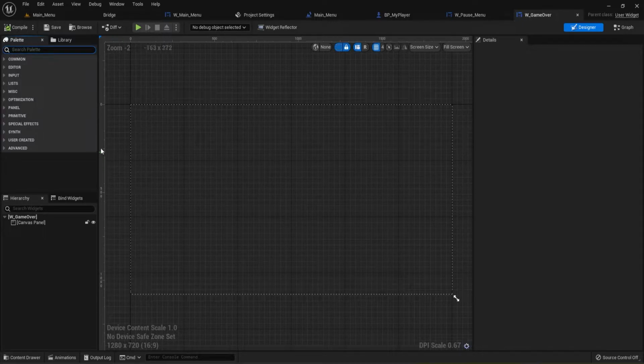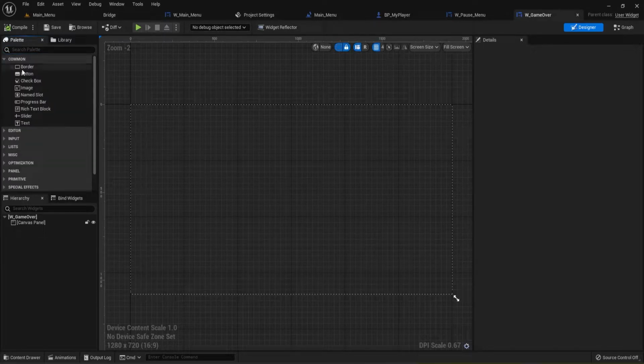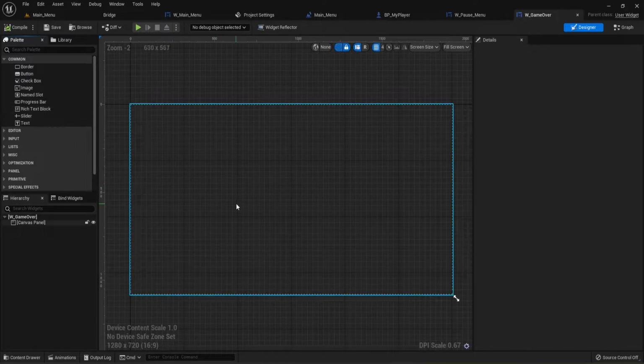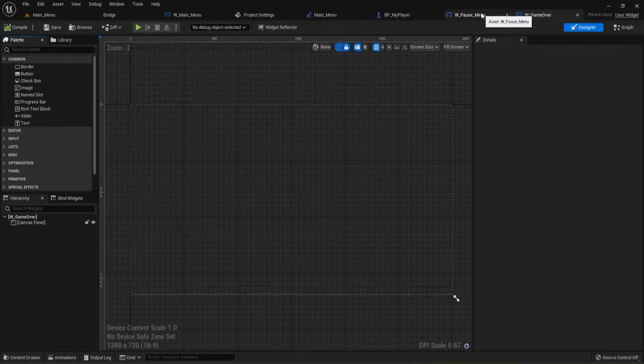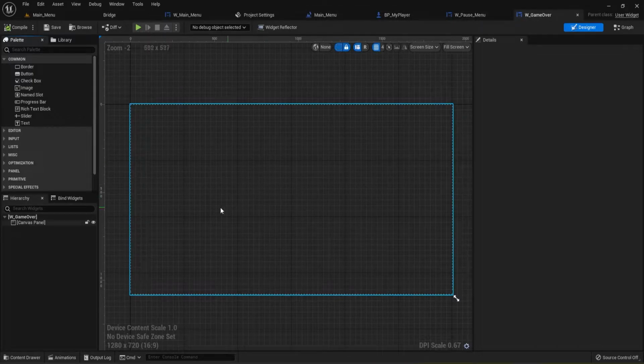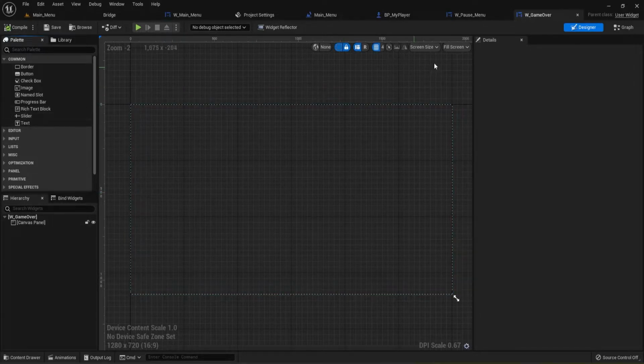I'm going to type in can again, so I can bring up all of my selections. Here's the common one at the top that we use usually for buttons and things like that. Again, if this is the first time joining me, you could jump back in and watch those videos. I'm not going to go into the process of making the actual buttons again too much, because I'm just going to copy and paste them so they stay consistent. But I am going to go ahead and pull in the image again,